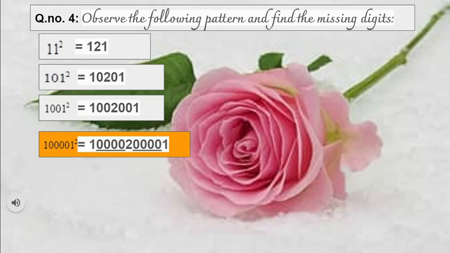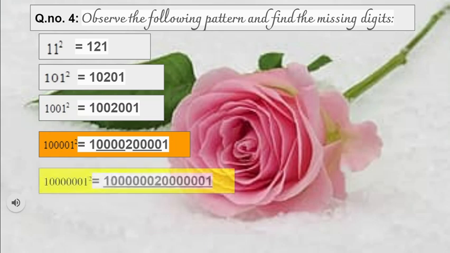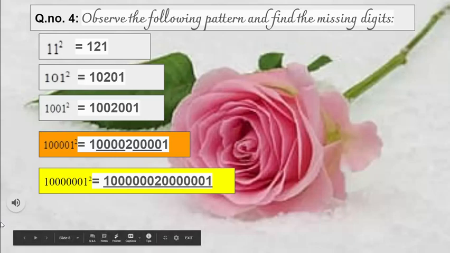See it? Now the next question has 6 zeros. Then how many zeros do we have to add? We have to add 6 zeros after and before 2. So in the pattern, you can see that 2 is always in the middle, isn't it? The number of zeros there in the question, that many zeros you have to add before and after 2. So that is the pattern. Clear?